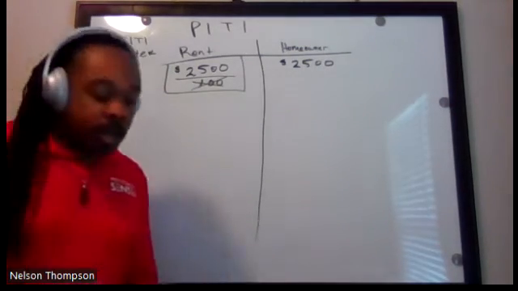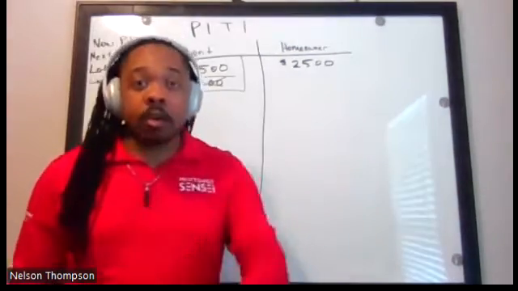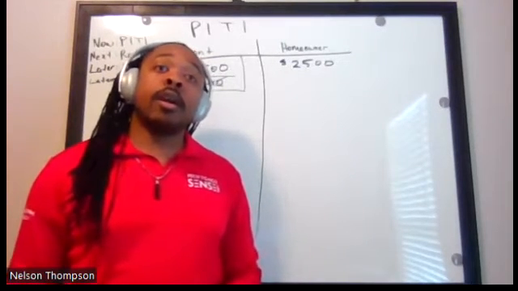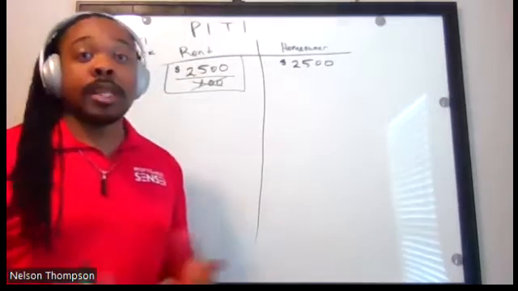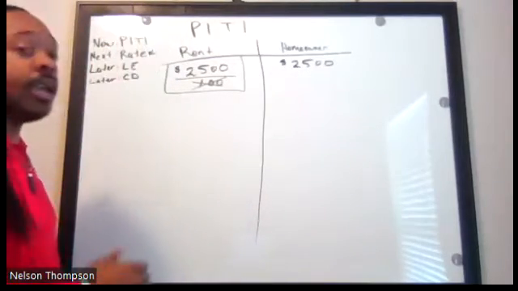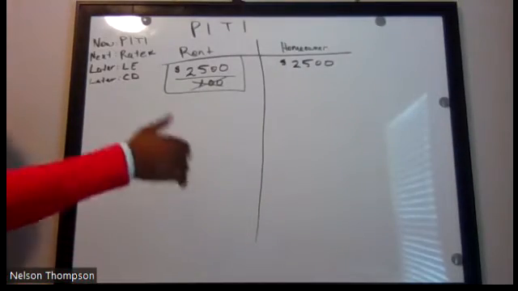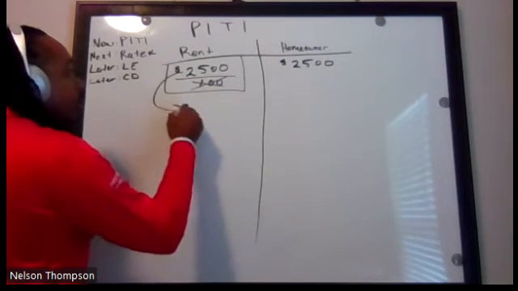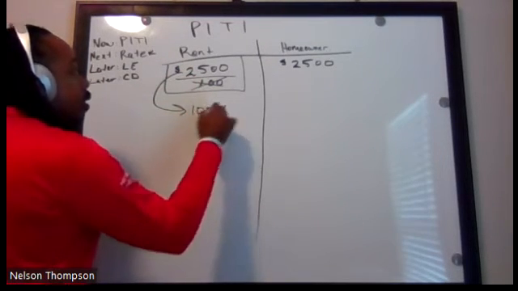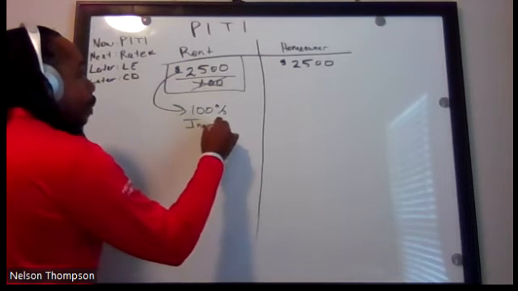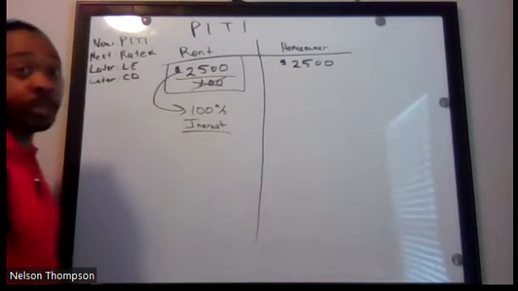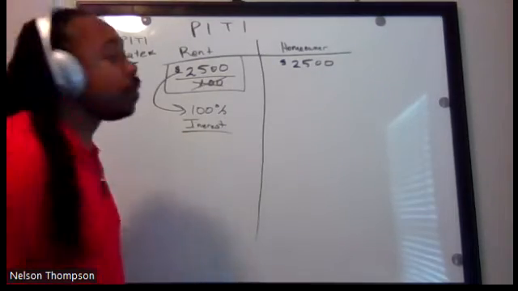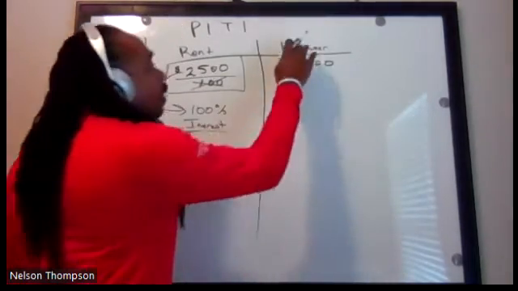When you pay $2,500 to your landlord, you are paying them to use their house. You're leasing, right? You're paying in order to use their house. So this here is 100% interest. It's 100% interest. Why is this important? I'll show you why. So over here, right,